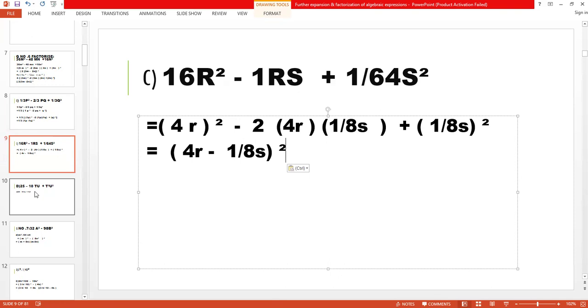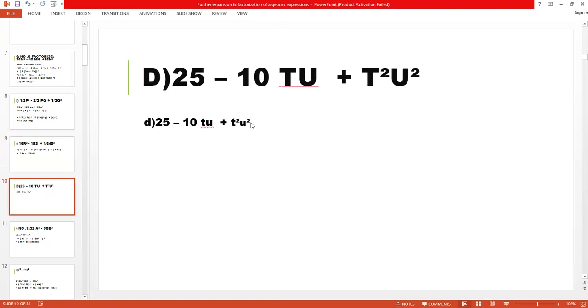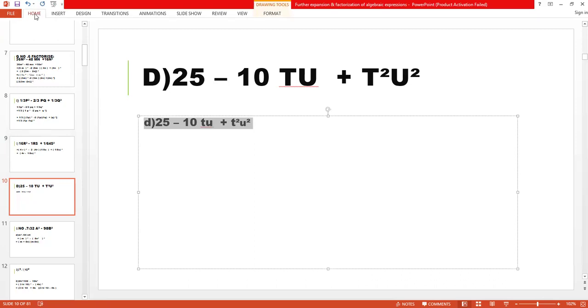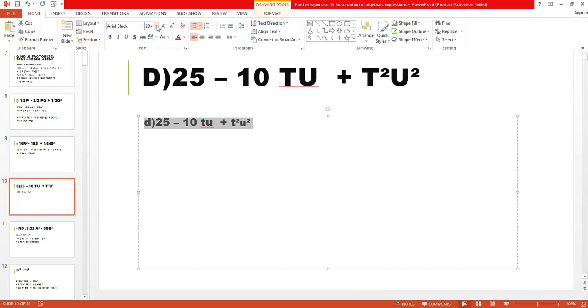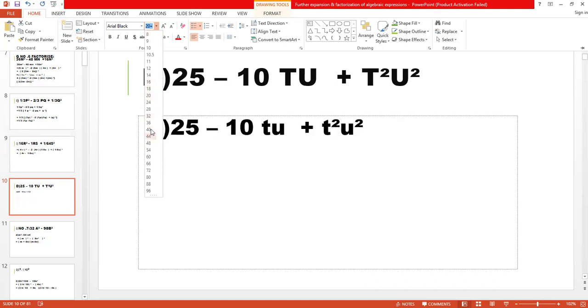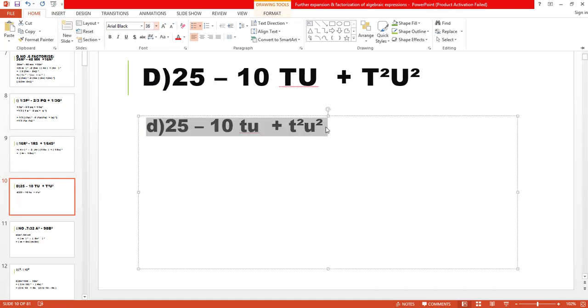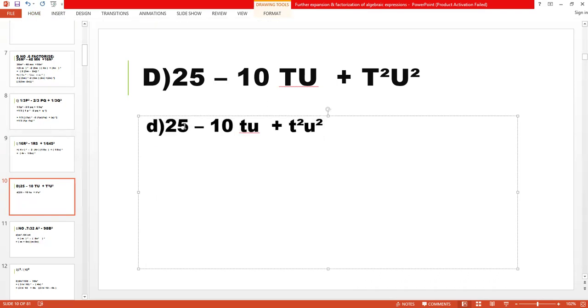Now we come to the next question, that is part D again, and in the center we have a negative sign. This means this is the second identity, and the name of the second identity is perfect square. Okay. And how we have to open, we have already done so many times. First term square minus 2, first term, second term plus second term square. Okay, so first of all we have to take the square of the first term. And you know that 25 is the square of which number? The same number you have to multiply 2 times to get 25, that is 5. So here you have to write 5 and then you have to take its square.